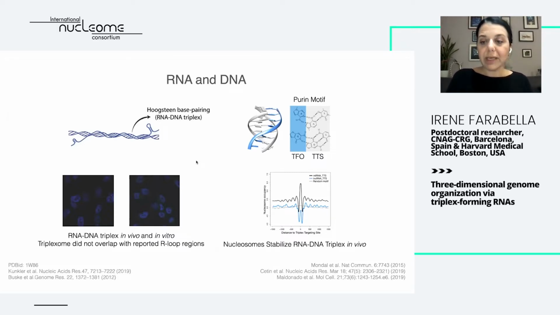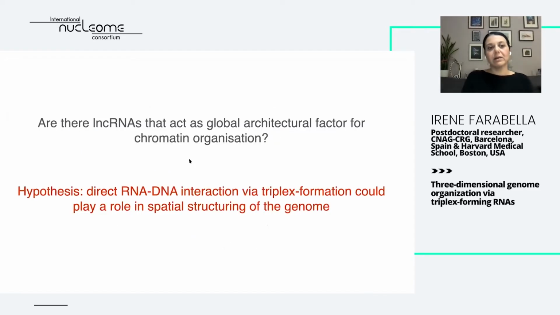Also interesting for me was that this type of triplex interaction in vivo is stabilized by the presence of the nucleosome. So we started thinking and hypothesizing: can we check if, via direct RNA-DNA interaction through triplex formation, RNA